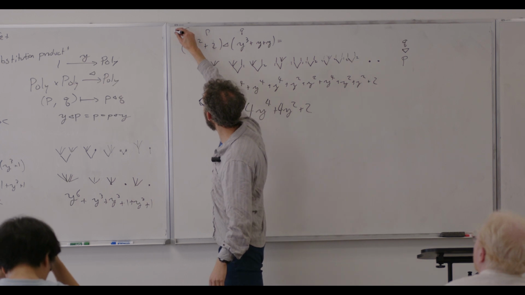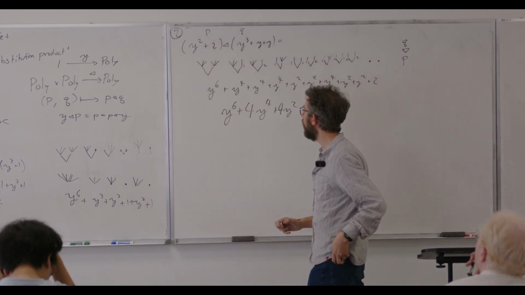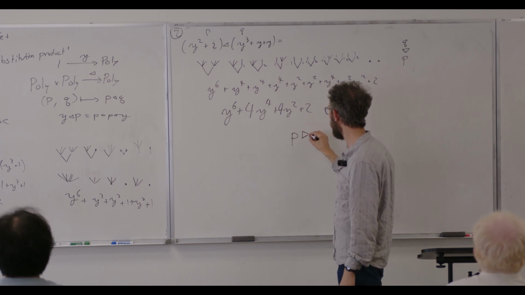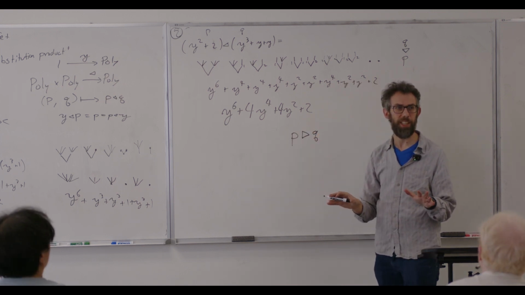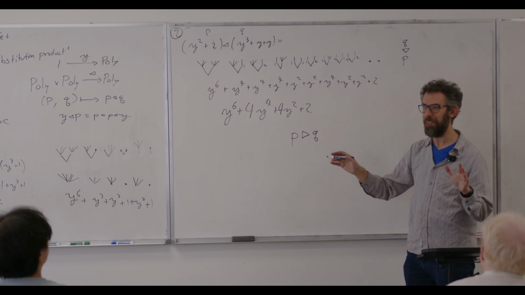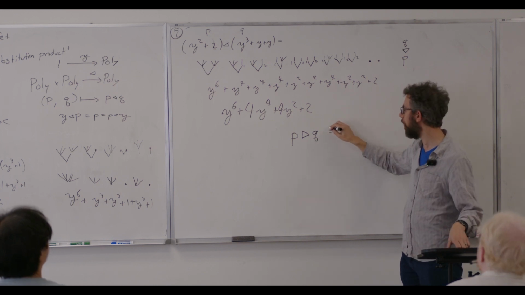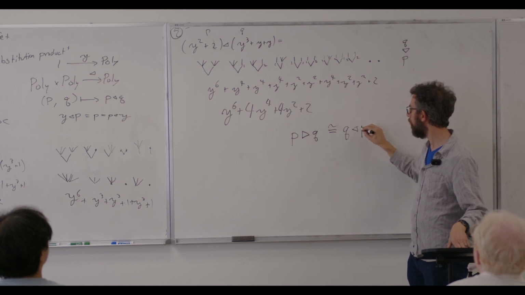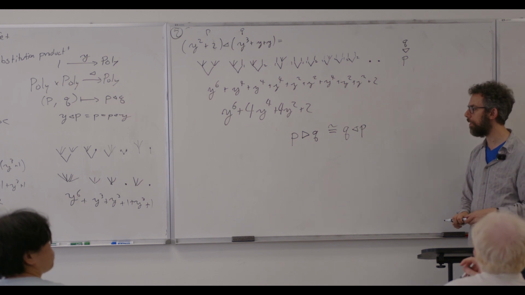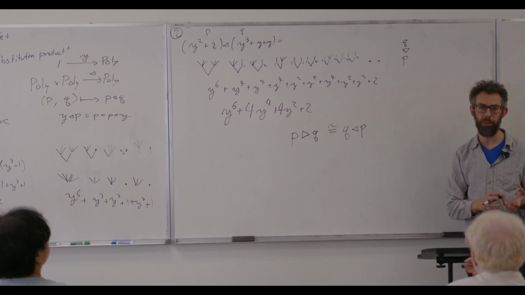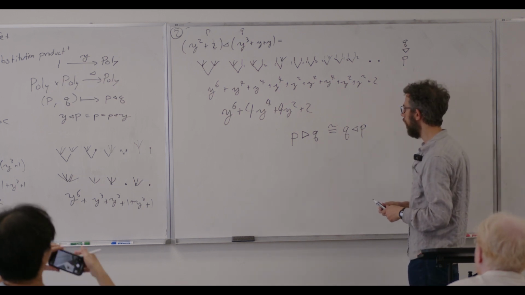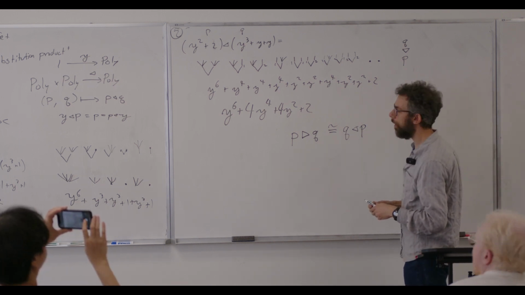This is board 2. It also emphasizes it's not symmetric. Somebody could write this and I usually get concerned that they don't mean what they're saying and are just forgetting the notation I like. But this could be written to mean plug P into Q. So I like the idea that non-symmetric tensors should get non-symmetric symbols, so that you can distinguish which direction you're doing it. Okay, questions on